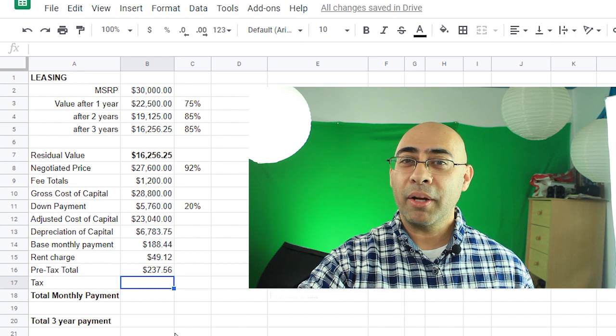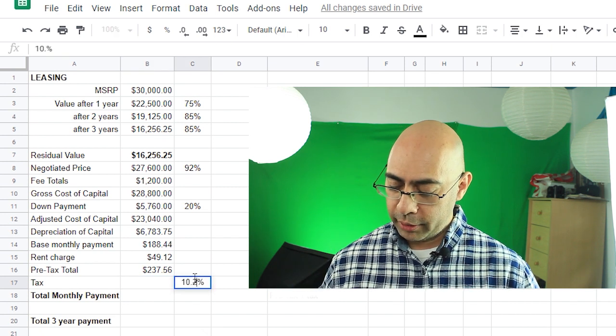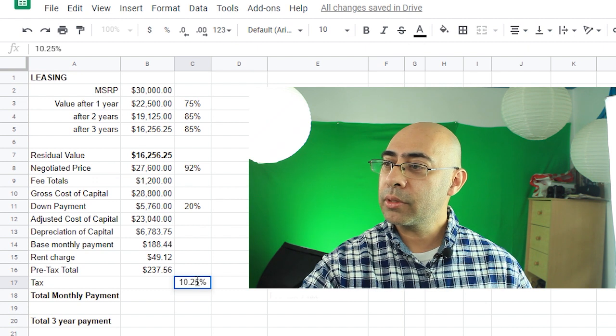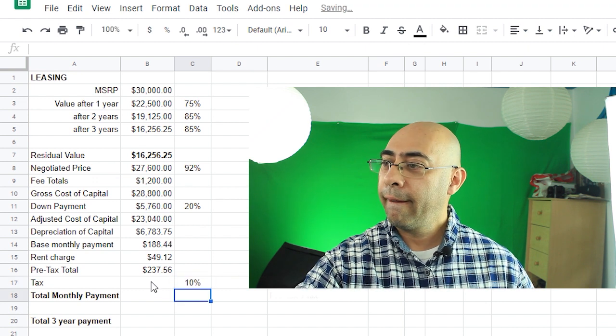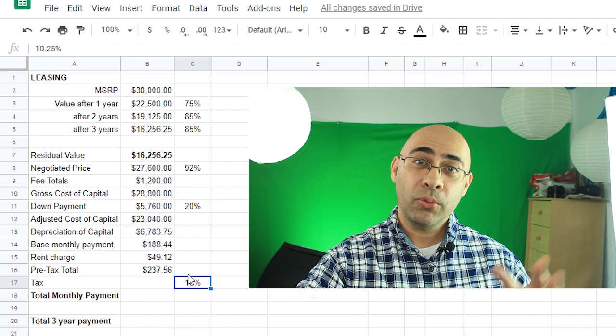Illinois state tax is about 10.25%. So I'll put that down, 10.25%. The percent's already there, so I'll just hit enter. It doesn't show the 10.25 because I don't have decimal places showing. So to show the decimal